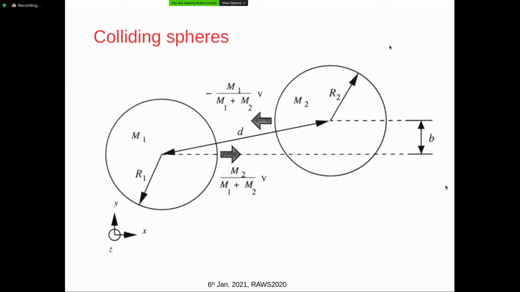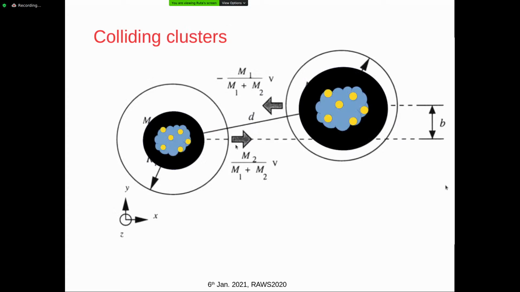Merging clusters are like the two-body collisions you may have come across, and it's the same problem here. There is an impact parameter, and imagine these two spherical objects colliding. But here I will just quickly tell you about the difference between a collision of two objects and two galaxy clusters. Galaxy clusters are not just rigid spheres; they are basically this huge amount of dark matter, the intracluster medium, and these yellow dots signifying the galaxies.